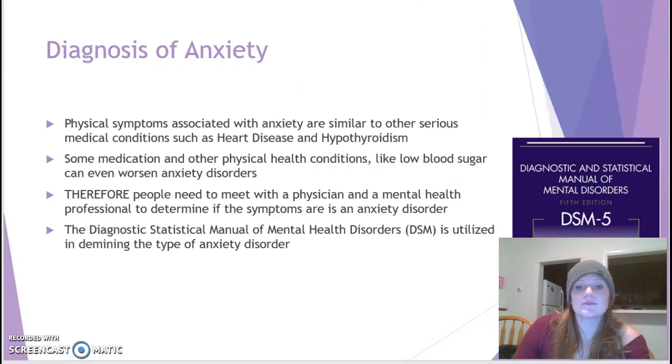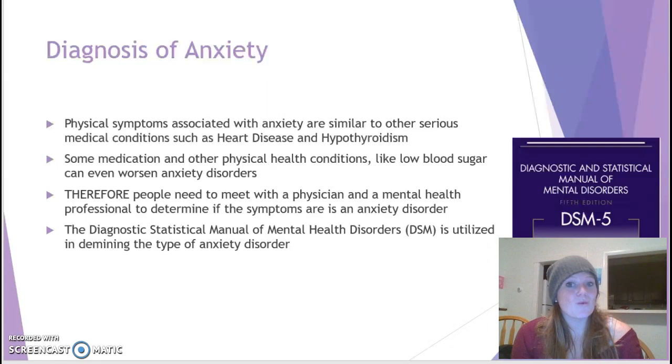Because these symptoms are similar to medical conditions like heart disease and hypothyroidism, they need to get checked out. Even some medications and other physical conditions like low blood sugar and diabetes can worsen anxiety disorders. So you need to meet with a physician and a mental health professional to determine the symptoms of your anxiety disorder, and they use the Diagnostic and Statistical Manual of Mental Disorders to determine the type of anxiety